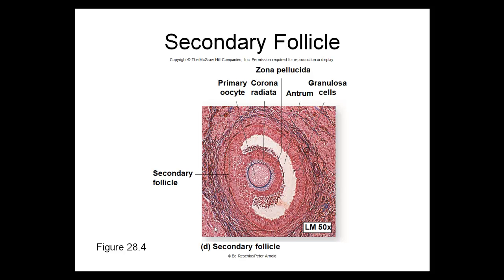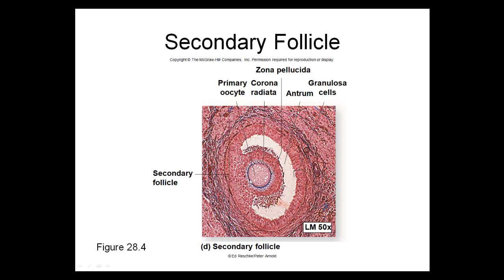Anyhow, so here we have the corona radiata, the layers of granulosa cells that are surrounding the oocyte, and we have the rest of the granulosa cells here, and of course this is the antrum, the opening that is filled with fluid. What you will also see is between the egg, the oocyte, and the rest of the granulosa cells, which we call the corona radiata,